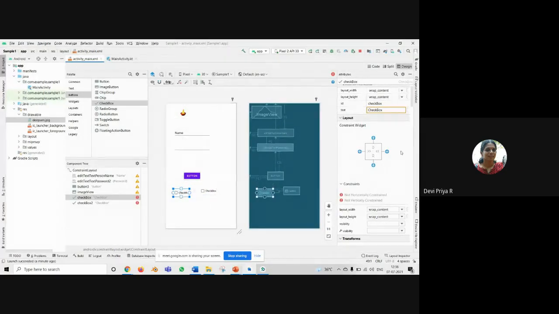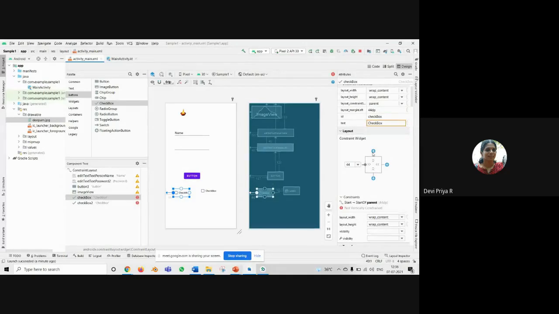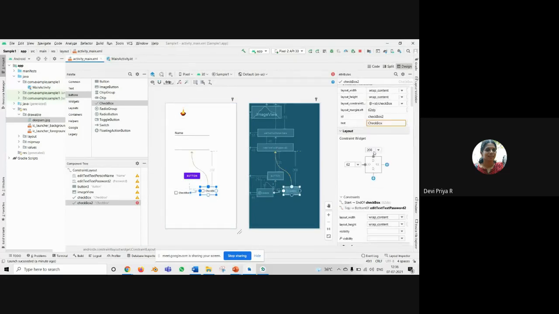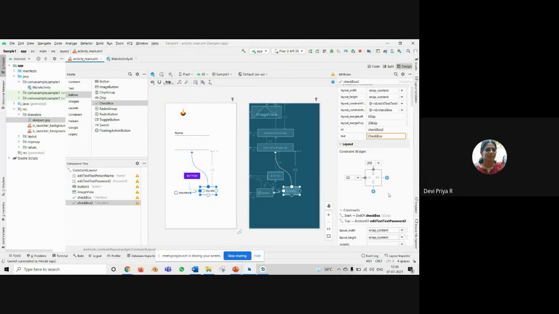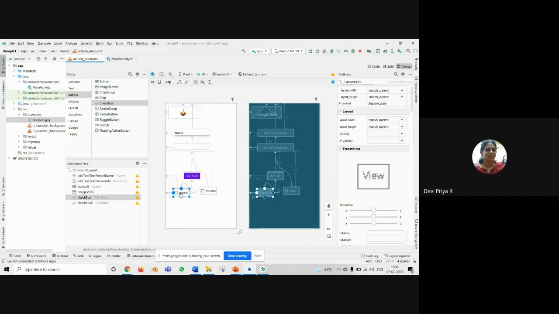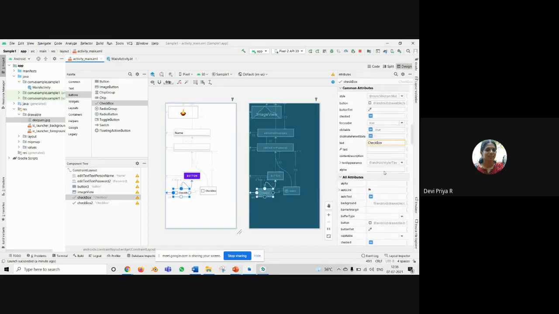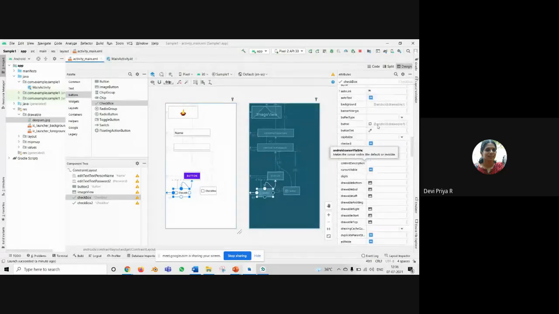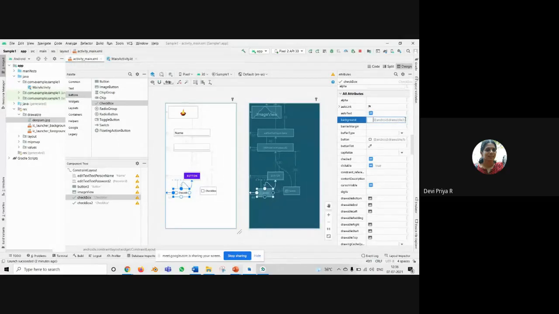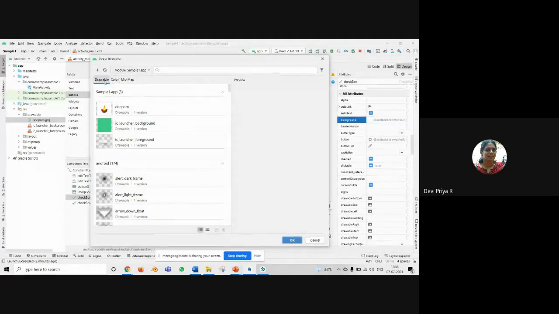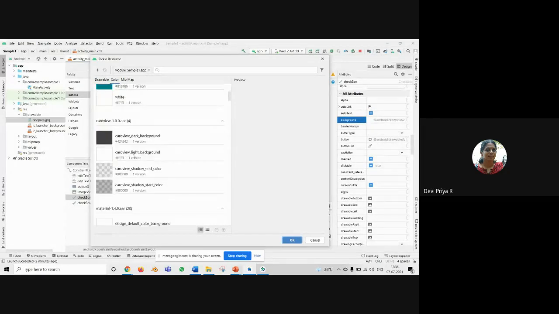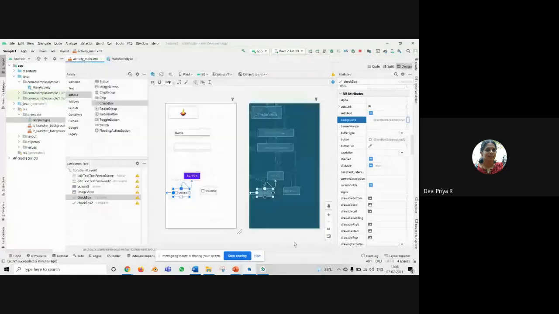Unless you position it, it will be displayed at the top. I'm just randomly giving a position. You can fix it, and you can choose what to display in the checkbox. And if you want to change the background color of this box also, you can. In Drawable, you have the basic templates. If you want to just have a plain color, you can go on this and choose your own color.